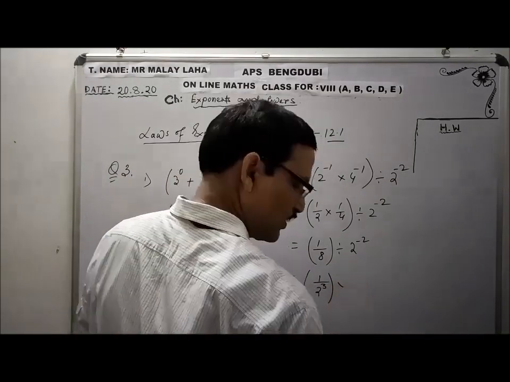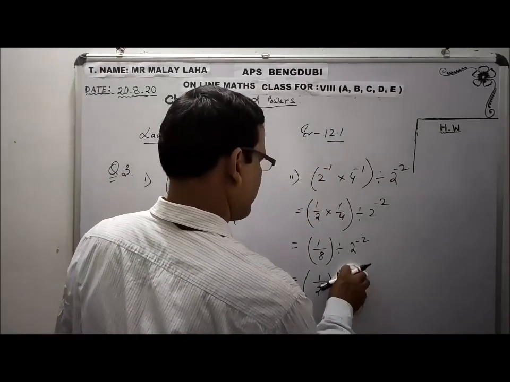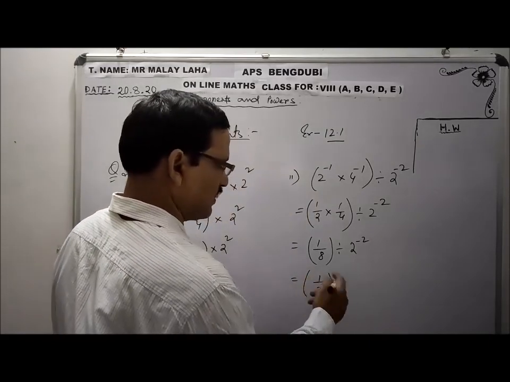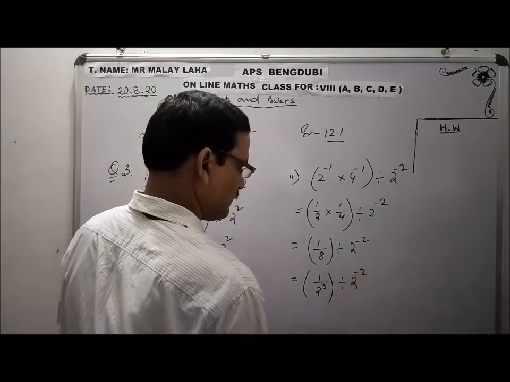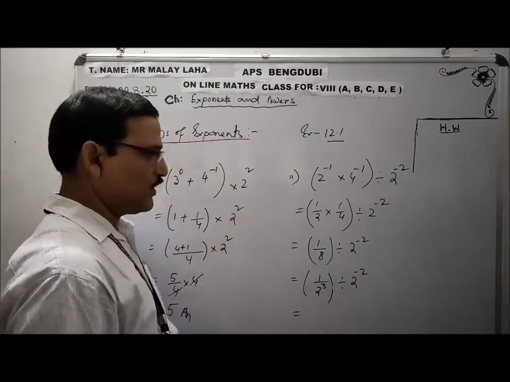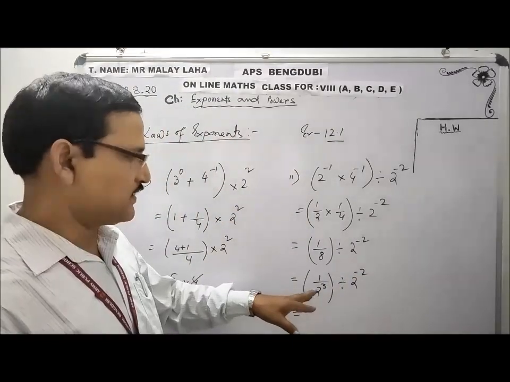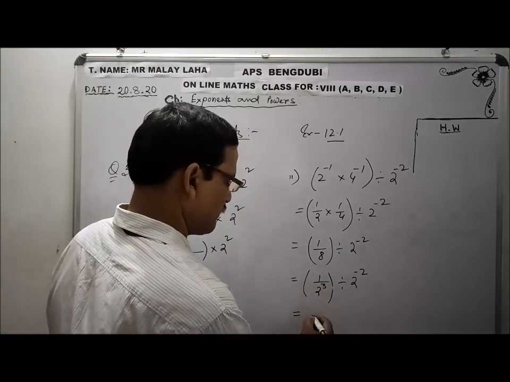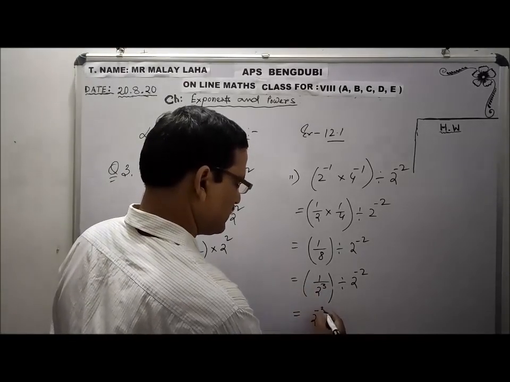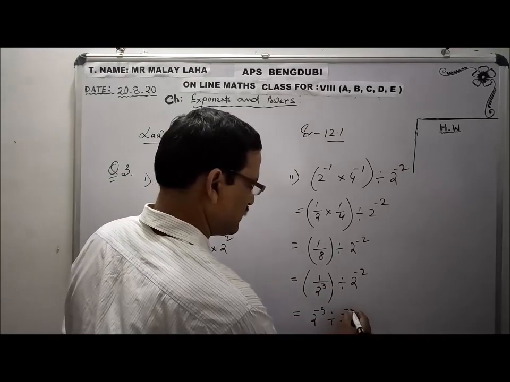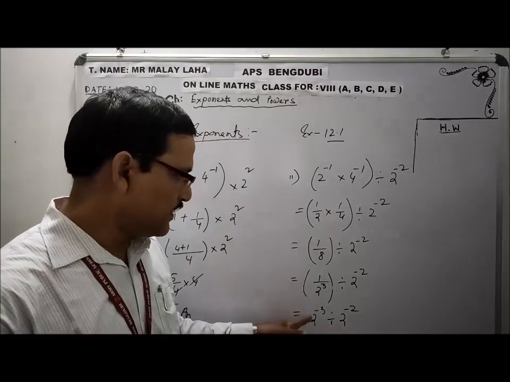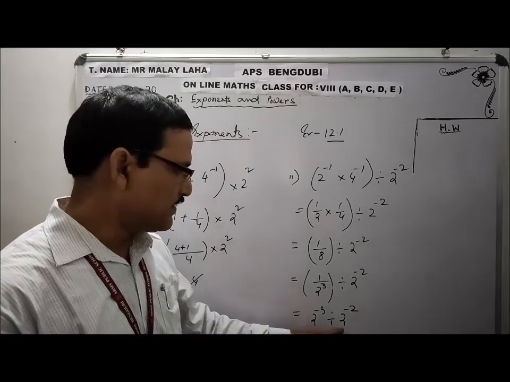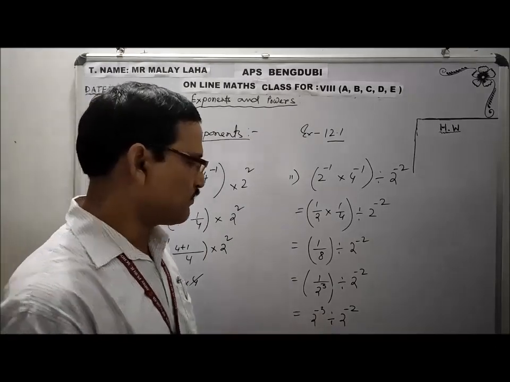For your requirement, you have to factorize the number. What number do you have to write down in power form? This. Now, you have to reciprocate the base. So 2 raised to minus 3 divided by 2 raised to minus 2. Now it is coming in the form. Both the numbers have the same base, 2, so the power we have to subtract.